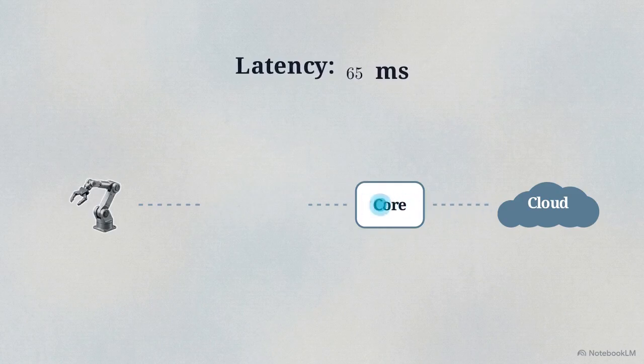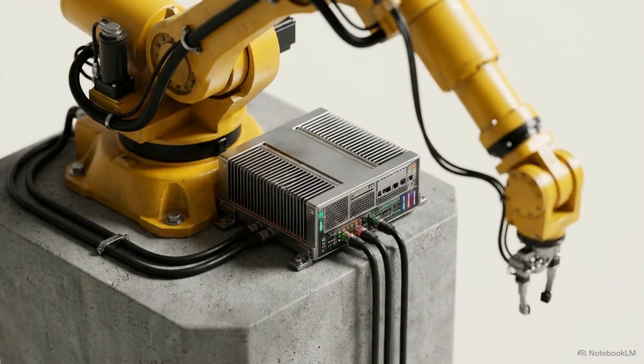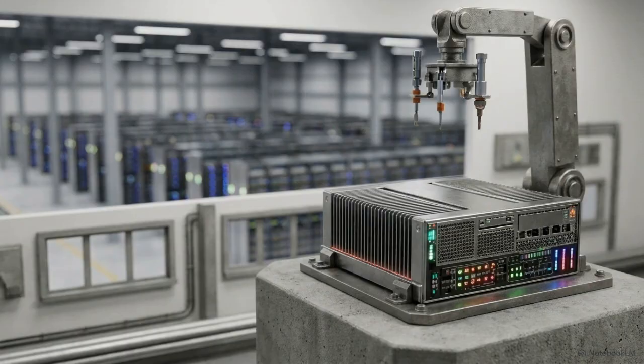Trace a data packet on this map. Traditionally, it travels from device, cell tower, cloud server, and back. The timer counts up. 5G integrates computing power directly into the cell tower. The packet processes instantly at this embedded node and returns. The raw data for critical industrial operations never actually touches the core consumer internet. The AI inference happens locally at the edge. URLLC is achieved by physically moving the computing brain out of the cloud and placing it immediately adjacent to the machine.